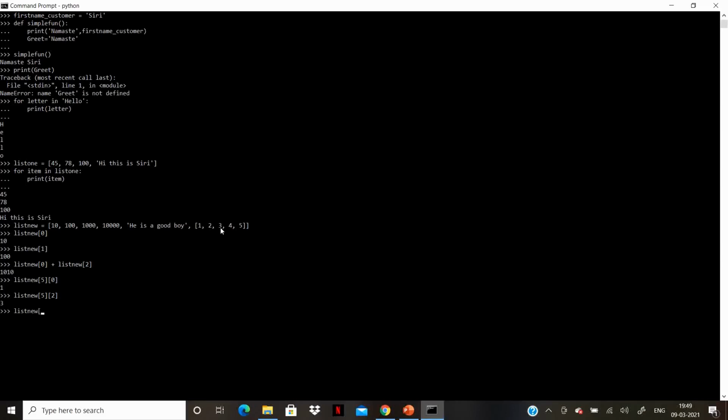And if you want to access the string element here, you can use position 4 in the square brackets. You'll be able to access the string object. So we have seen how to access each individual component of the list using square brackets and utilizing the index, or the position, of each component in this list.